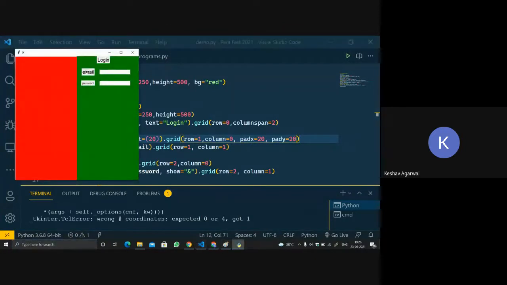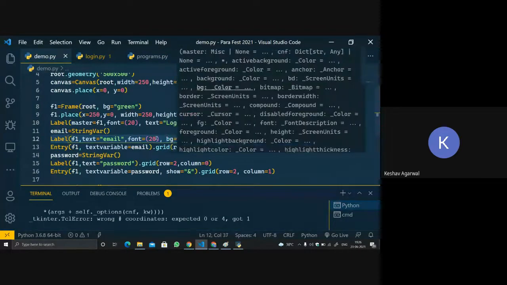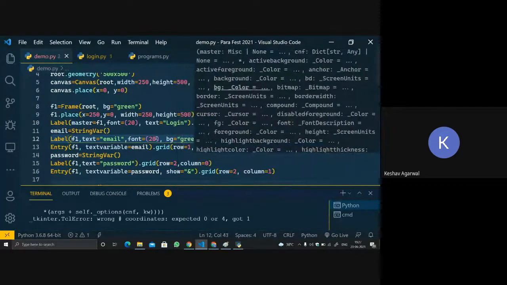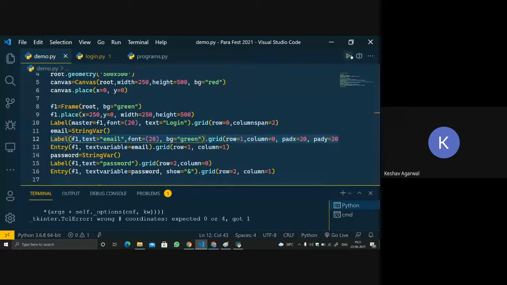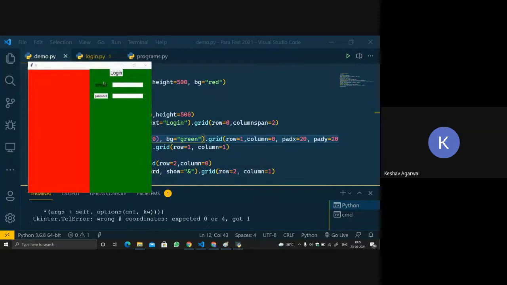Okay, so we got a padding. So see, it's not looking good now. The background of email is also gray. So what we can do is over here, comma, we will use bg is equal to green. It's already running. See, the background changed.